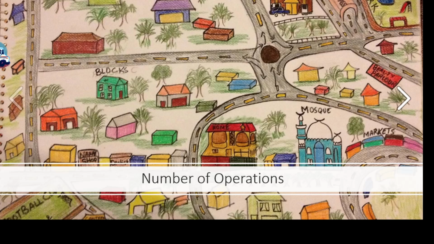So let's say we have this little town here and we have a mail person that's going to be driving around the town. So the mail person stops, delivers a package, and then goes to the next spot and delivers a package, and then goes to the next spot and delivers a package. And then you realize all of a sudden they're backtracking all around town. And so the number of operations is basically a way of asking, how do I not backtrack? How do I not go to places that I don't need to go? Either by doing things in a logical order, so that I don't have to drive down the same streets more than once,